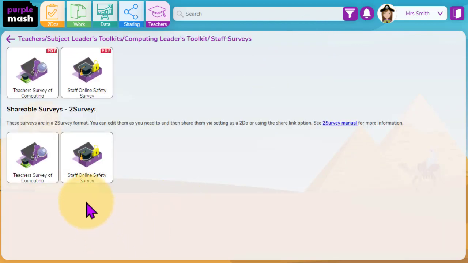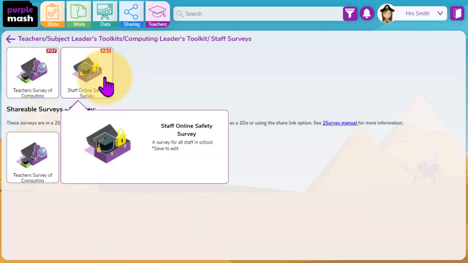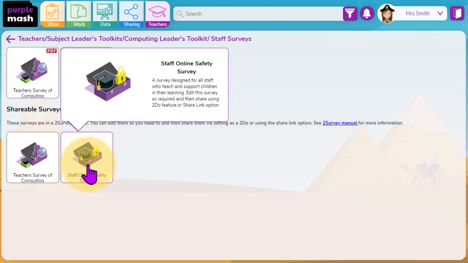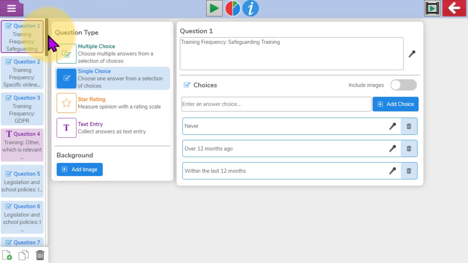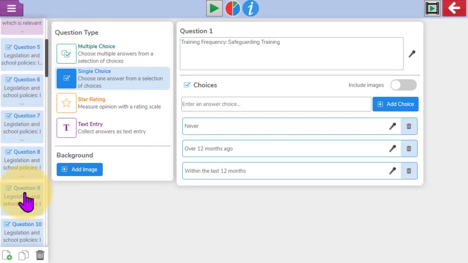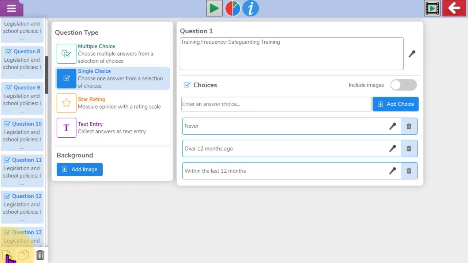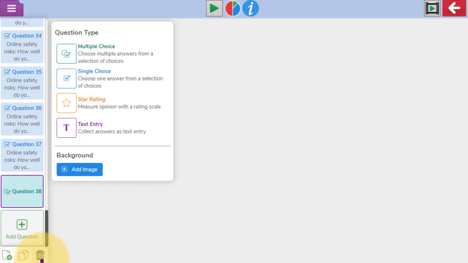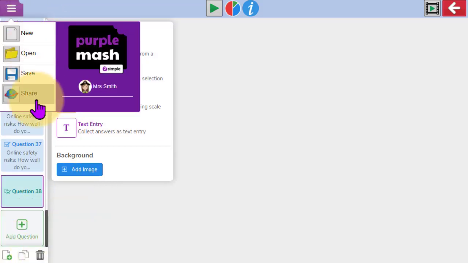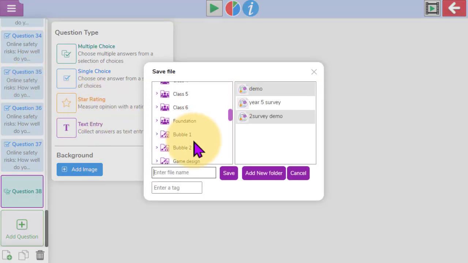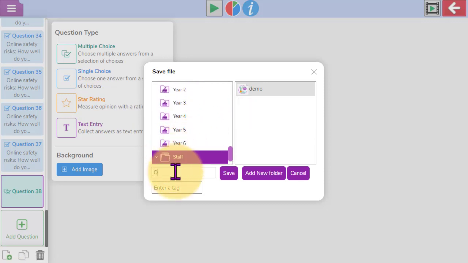So if I open up the staff surveys, we do have a staff online safety survey that you can either send out as a PDF that your colleagues can fill in, or we have created a 2Survey activity. So what you might want to do is either just use this as it is already, or you might want to add your own questions or remove some of the content. And then you could save that to your staff folder in your school's Purple Mash area. If I try and find my staff area here, I could just call this Online Safety